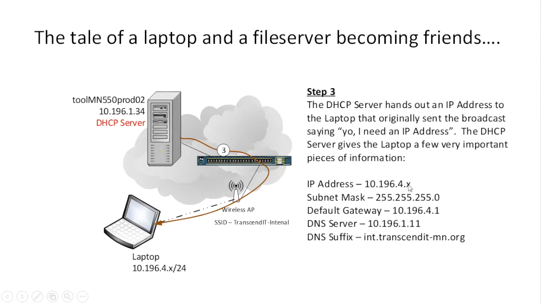So if I had two laptops, the first three numbers would be 10.196.4. Whatever, and then the last number would be what's unique. So for example, .10 for laptop 1, .11 for laptop 2. So the first three generally are going to be the same. You can think of it as literally grouping laptops or devices together. So the DHCP server always gives out the first three the same, and then the last one will be what's